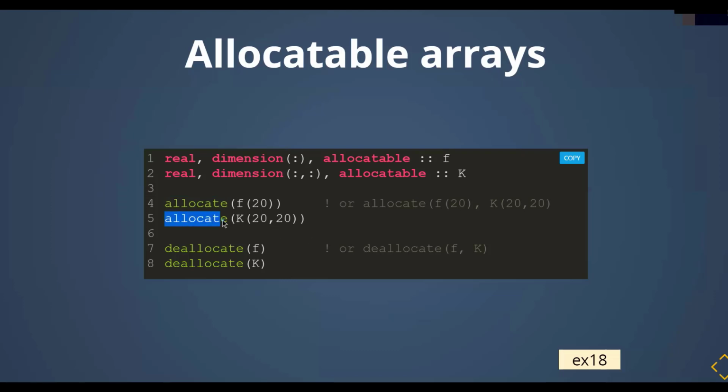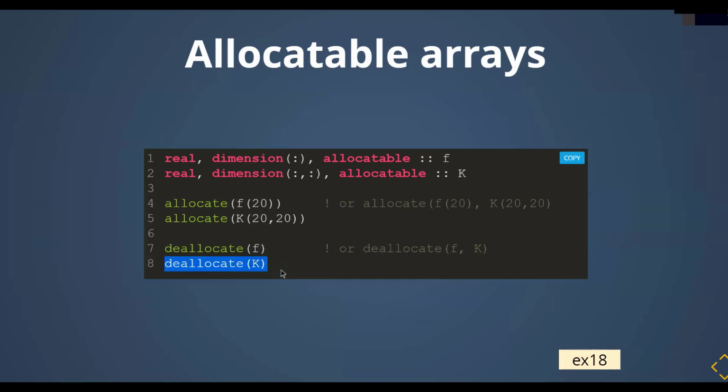And here you also allocate a two-dimensional array by specifying the sizes here, 20 by 20. And after this allocate statement, the variables can be used. Same rules apply here. I haven't assigned anything to them, so they're still undefined, but you can still use them. The memory areas are available, so you can assign values to them. And then when you are done with your program, you can do deallocate, and then you just specify which variable